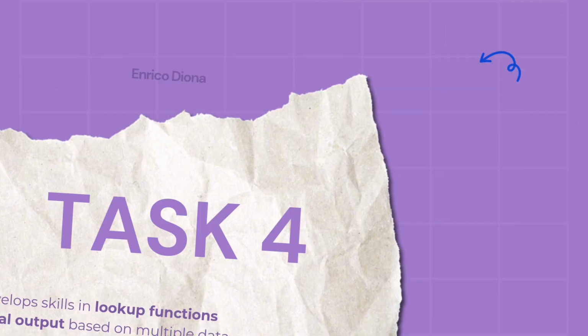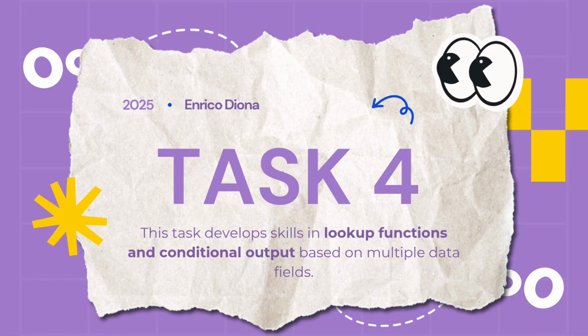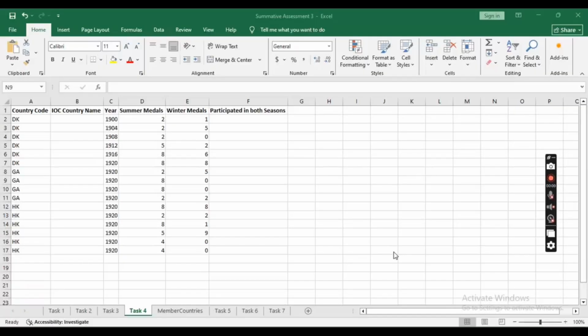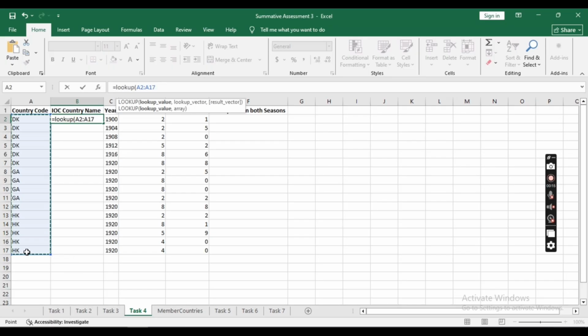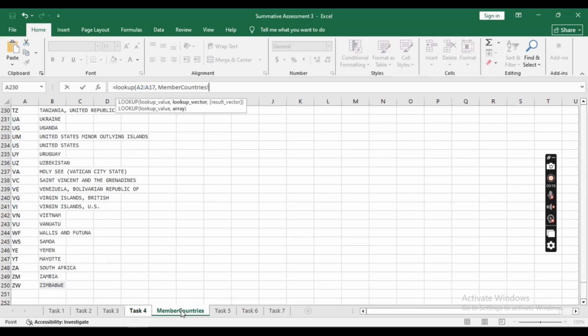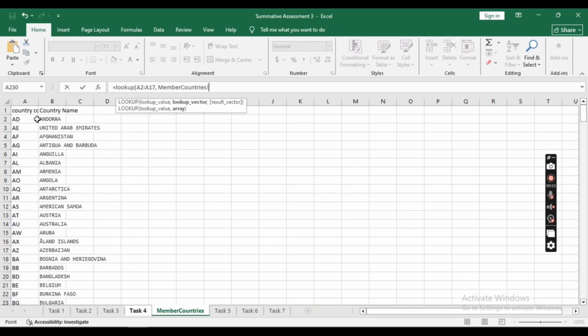Our task 4 is to develop skills in lookup functions and conditional output based on multiple data fields. By pressing B2, opening a formula tab, look up from 12 to E17, and then the country name will automatically show up. In B2, type a formula that uses one lookup function, such as VLOOKUP,